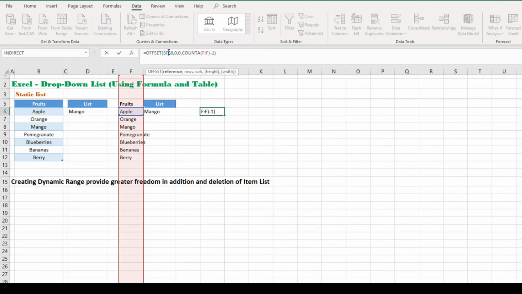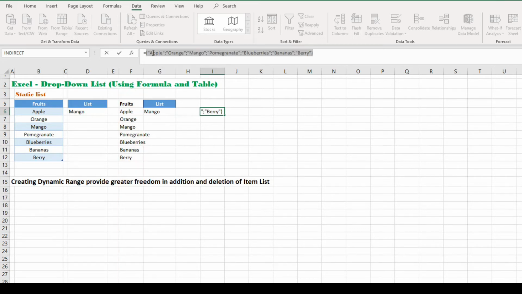Select this and click F9, which is 7. So from apple, which is the reference point, it will count 7 and all the 7 data will be populated here. Click escape.